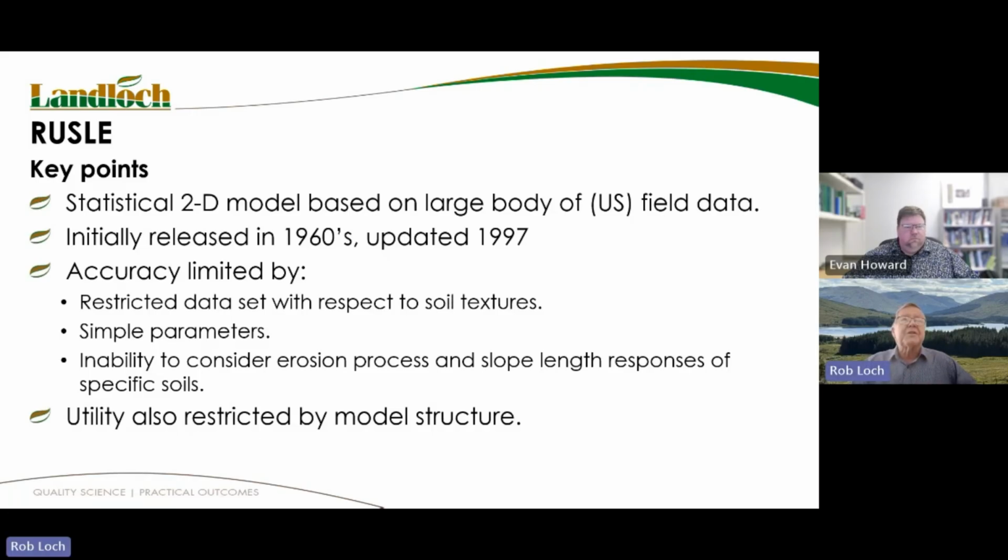Now, the revised USLE, which is the oldest, originally released as the Universal Soil Loss Equation, and they called it universal, they claim, the Americans, because when they put it together, they'd included finally all of the factors that affected erosion, and therefore it had a universal consideration of the eroding environment. So it was released about the 1960s, late 50s, early 60s, and it was updated to the revised Universal Soil